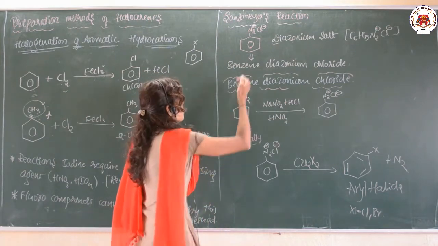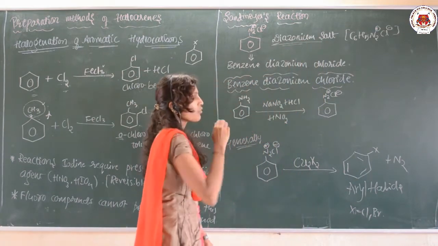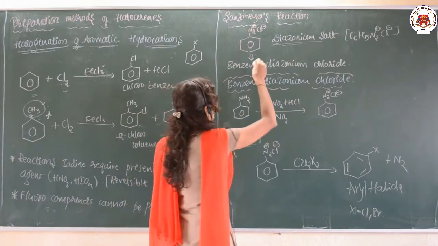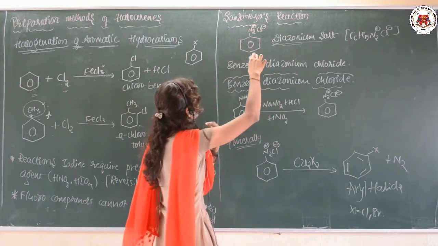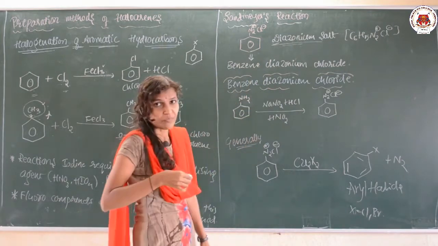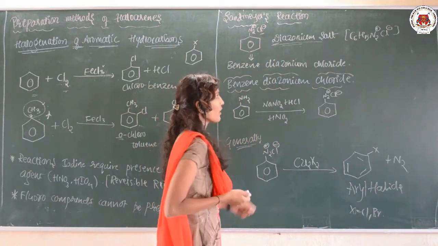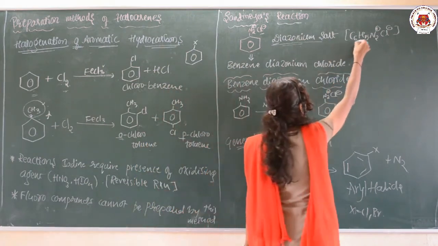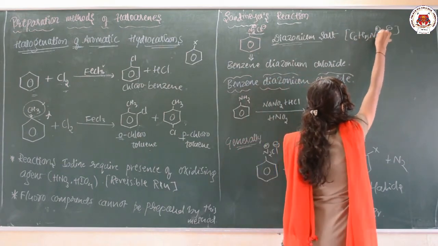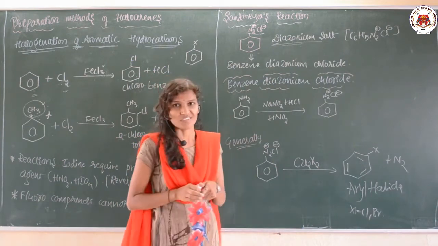Okay. So benzene diazonium salt is the main reactant which is used in the Sandmeyer's reaction, and it is represented by the structural formula, that is the benzene ring. To the benzene ring, nitrogen is attached in the plus, ionic form, diazonium. And for the salt we take Cl minus. If I write the formula C6H5, one of the H is replaced by this, so C6H5N2 plus Cl minus is the formula of the diazonium salt.